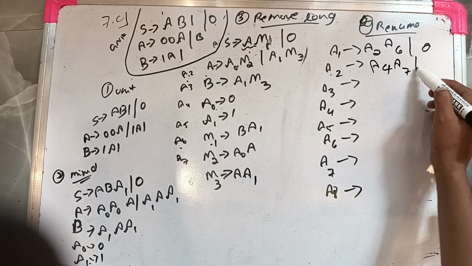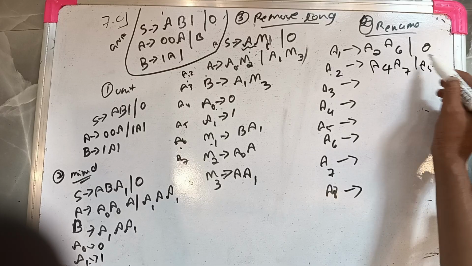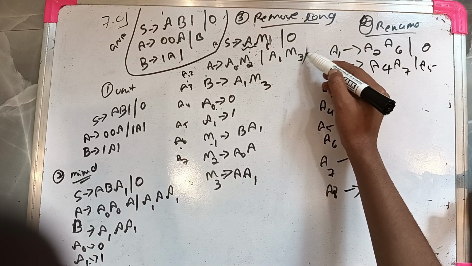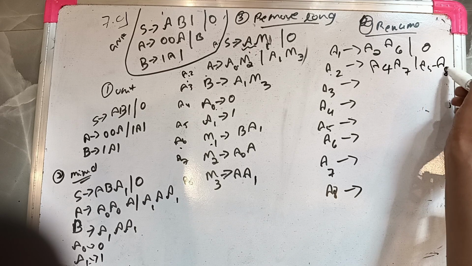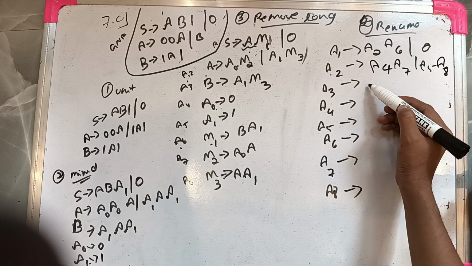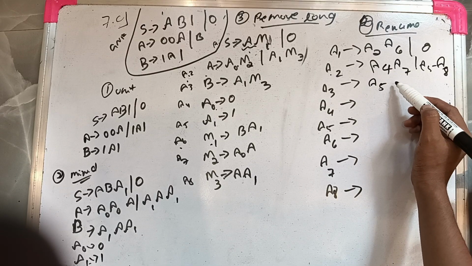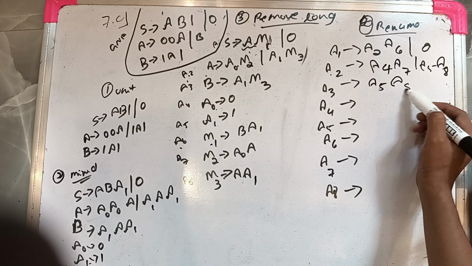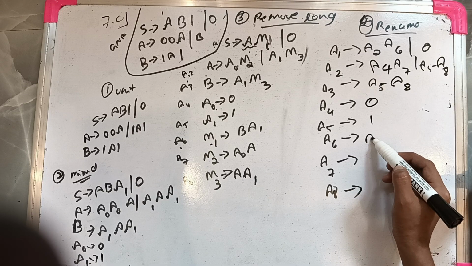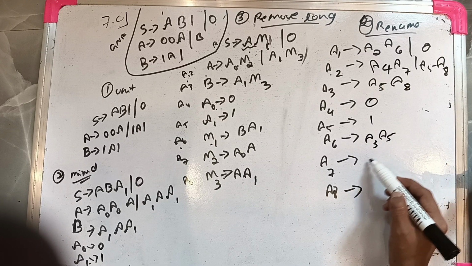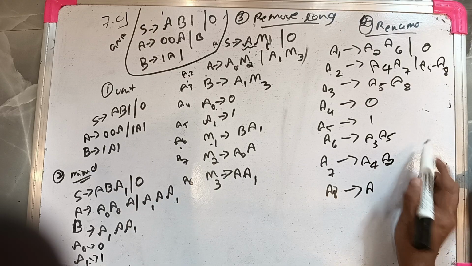After that A1 means A5. M3 means A8. In the same way substitute, okay? A3 means A1, A1 means A5, after that A8, A4 means 0, 1 itself. Next A3, A5, A4, A2,